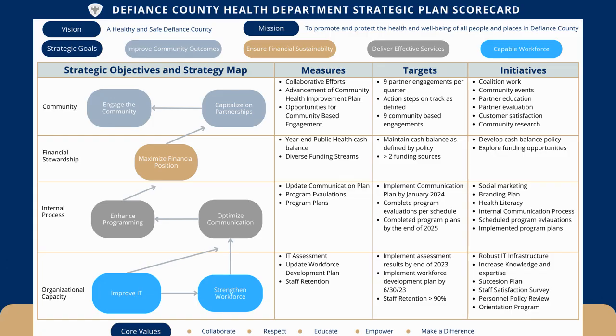Just looking back again at our balanced scorecard, we can see how all of these things are related. We've got our mission, our vision, our goals, and our values. That's the foundation of all of the work that we're doing at the health department. We want our objectives within the strategy map to align with our foundation. That is why it's so important to align all of this work with the community health assessment, the community health improvement plan, so that we can make sure the work that we're doing is valuable within our community.